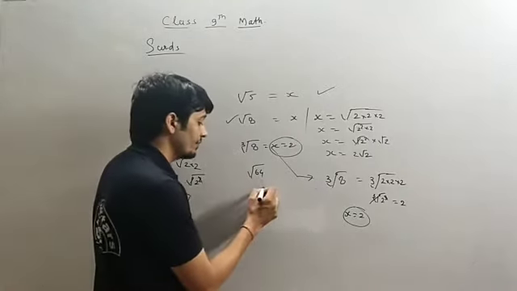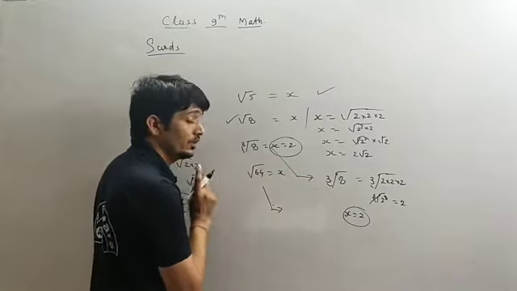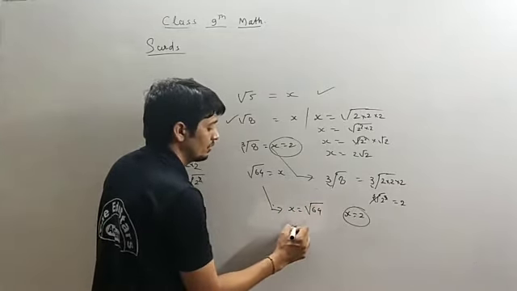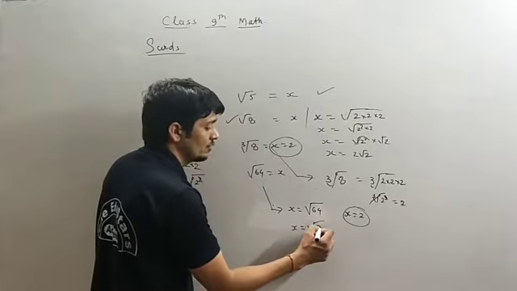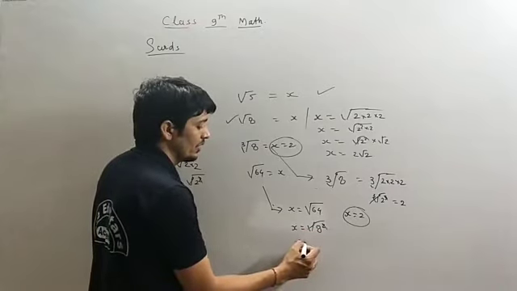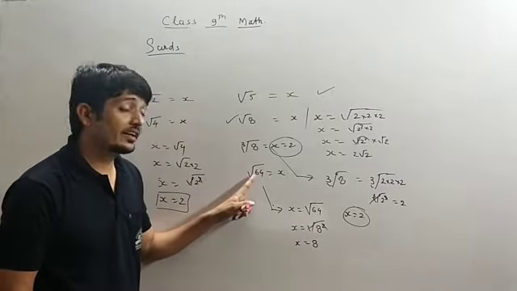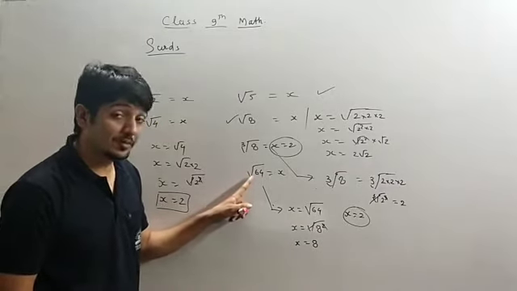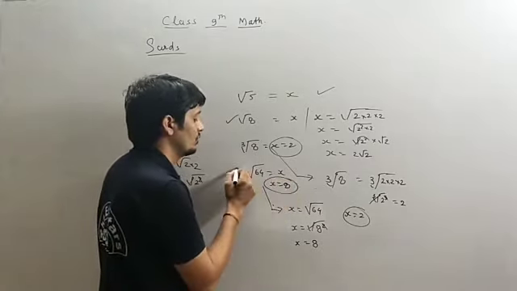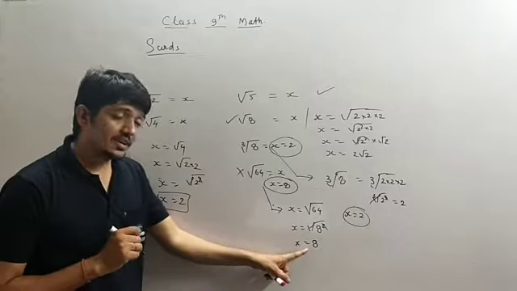This one, we know, let root 64 equal x. So we have to calculate the value of x. We know root 64. What is 64? It is the square of 8, that means 8 into 8, and the square and root get cancelled. So x equals 8. Now the value of x has come, 8. That means this is a rational number, not an irrational number. So it is not a surd because it is not an irrational number. It is a rational number. Okay.